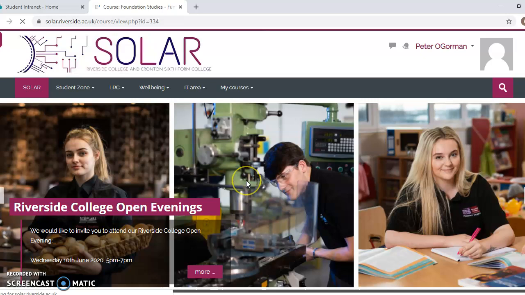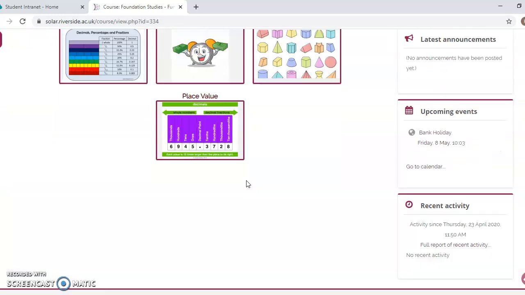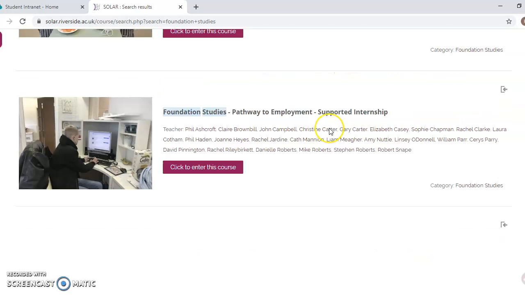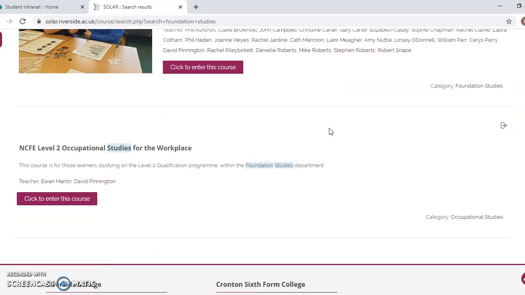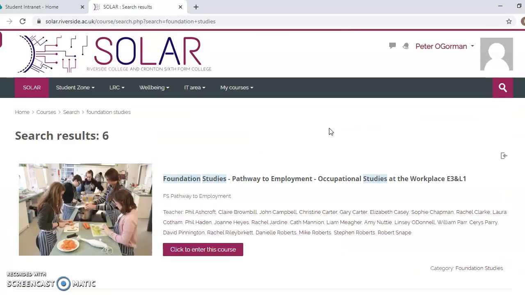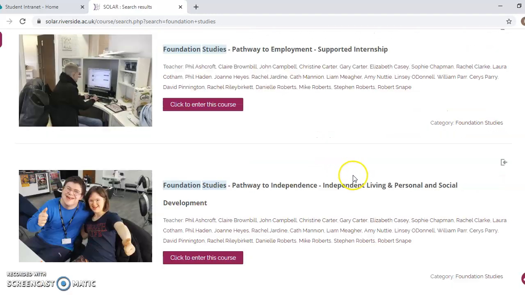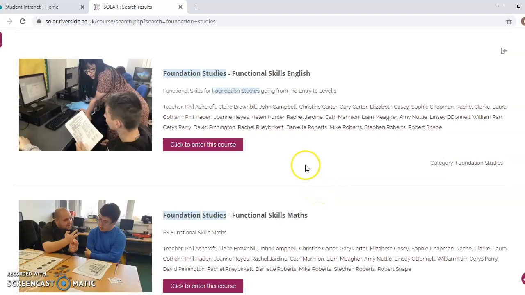Now, I've already put a course on this student, but if you go into here and search courses and type in Foundation Studies, it comes up with everything that we have. Now, the main ones you want to be focusing on, which is really important, are your maths and English. If you go to here and click to enter this course,